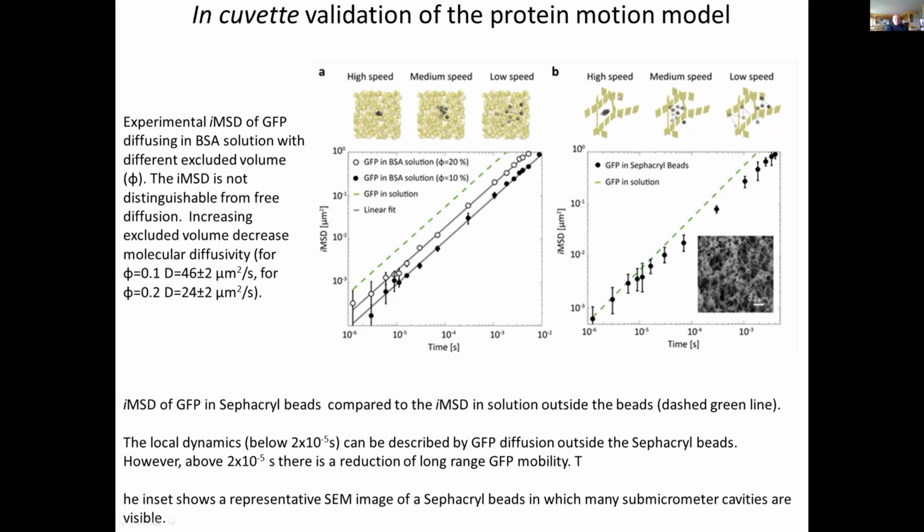But if we have a polymer, not BSA, but a polymer which has cavities which have water, then we can see this behavior in which some region starts to have the same slope as in water. And that size of the cavity corresponds to the physical size of the cavity we can measure with other means. So that means that the interior of the cell, at least the cytoplasm, is made of cavities where the GFP molecule can move very rapidly, like in water,